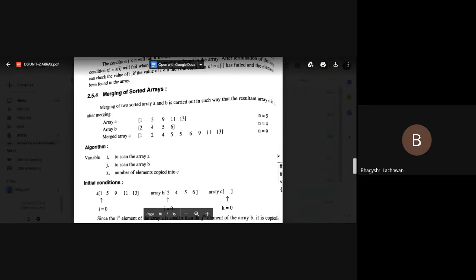Whatever value of A or B is lower, that is copied into the new array C. If the value of the A array is smaller, like here 1 is less than 2, then what is the next element we have to compare? Now we will increment the counter of array A as well as counter C. That means the next comparison will be with 5 and 2.